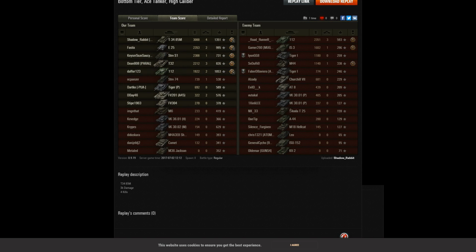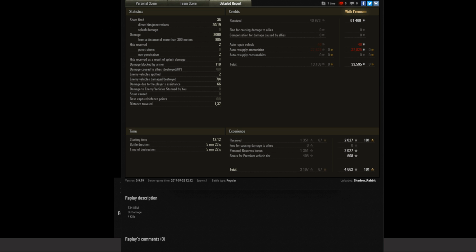If you look at the teams, base XP of 1351, which is very impressive, and total damage of 3000 to him. And if you look at the personal details, running a premium account, over 30,000 profit in credits despite shooting that amount of gold at the 112, and with his personal reserves he managed to rake in nearly 5,000